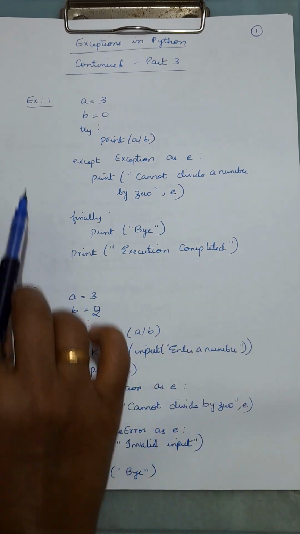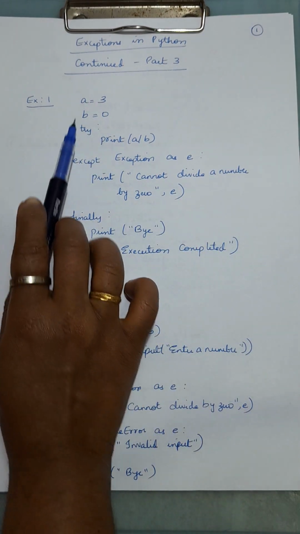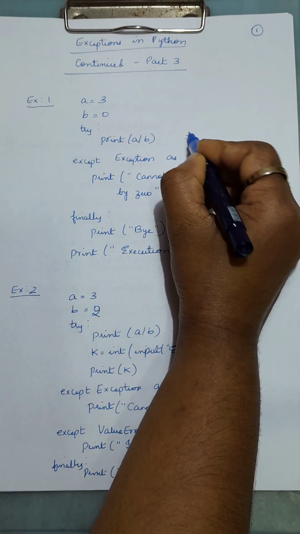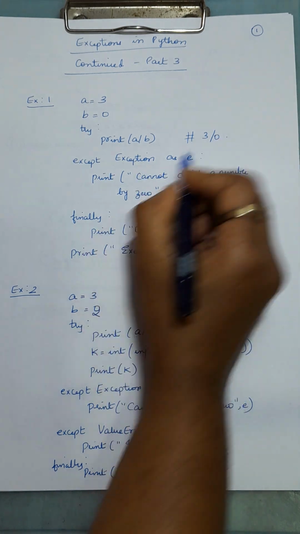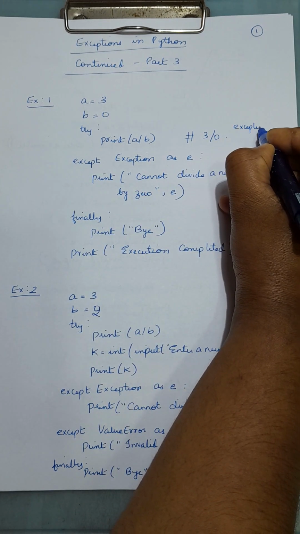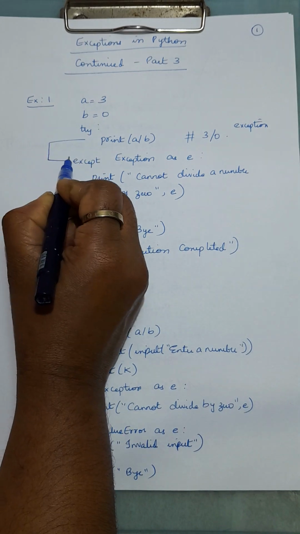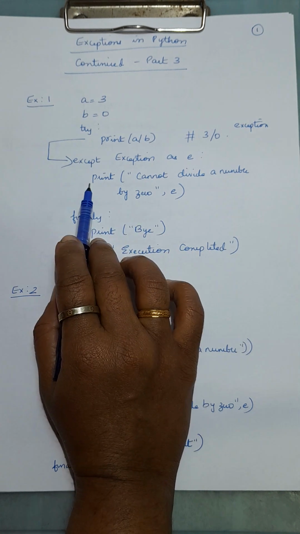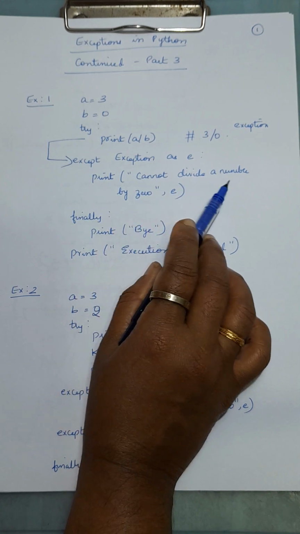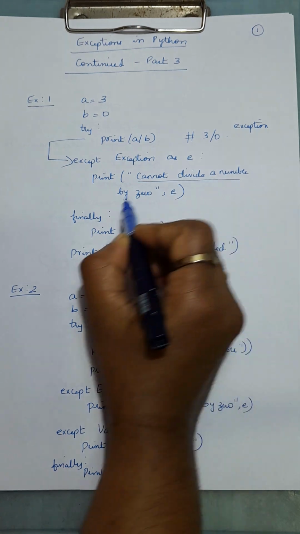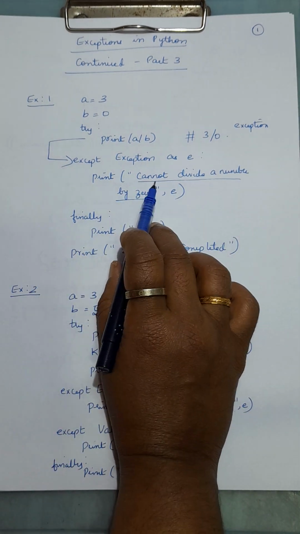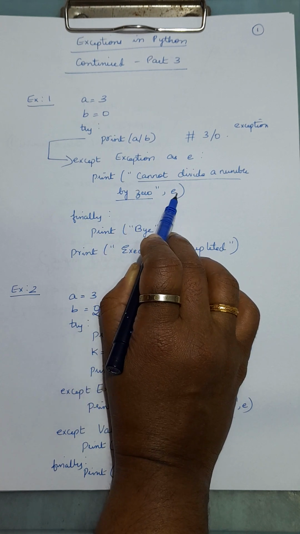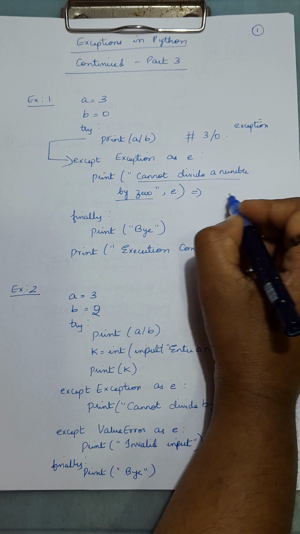So see the example here. This is, as usual, the same example. A is equal to 3, B is equal to 0. Try print A by B, which means here it is 3 divided by 0, which means there is an exception, a runtime error. So it raises the exception. From here it moves here, except Exception as E. Now E is the object which catches the exception and it prints "cannot divide a number by 0". Fine. So this sentence is written by the user. It prints "cannot divide a number by 0", or any other sentence whichever you write, comma the object E,